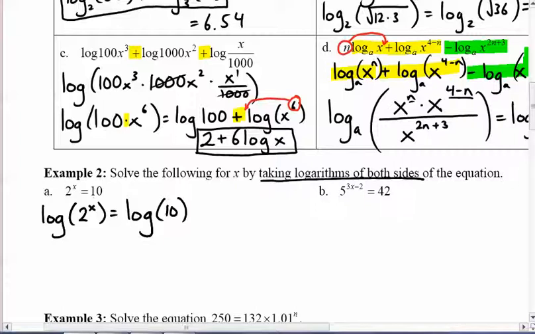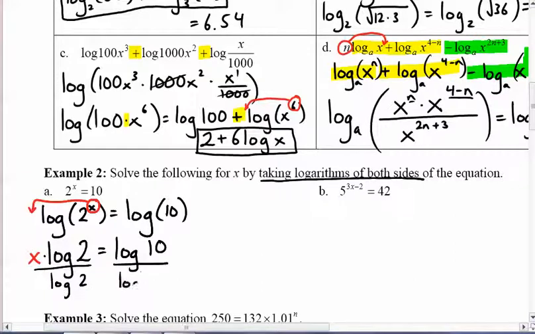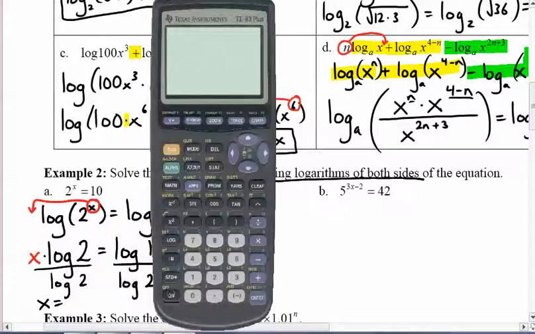Then we can use the power law to take the exponent and make it a coefficient. So the x gets to move out front by the power law. And it's multiplied. So if you want to move the log 2 to the other side, you just do the opposite of multiplication. You divide both sides by log 2. So x equals log 10,